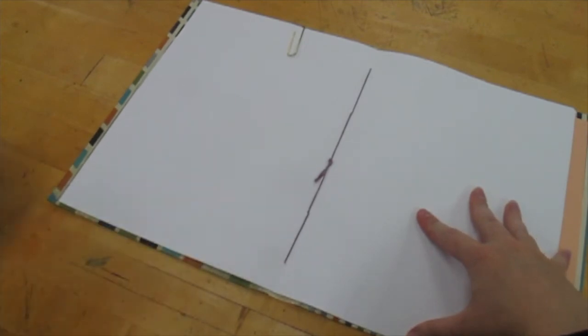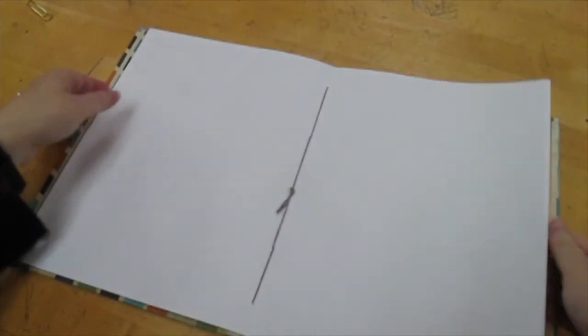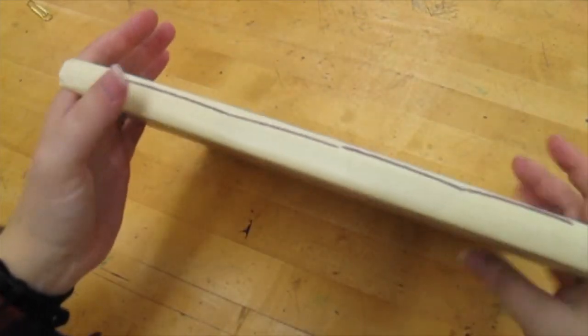Take your clips off. And we're going to open the sketchbook. And you can see the binding, there's room